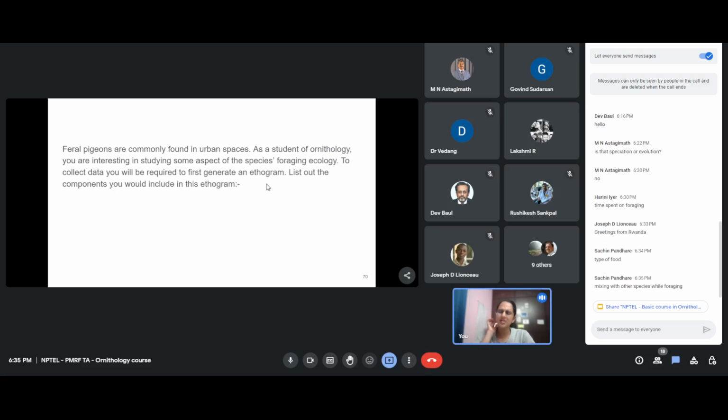So, yeah, maybe let's not take into account nesting or anything, just general foraging of adult feral rock pigeons. I'm saying, ma'am, if it is feeding, then how many times it feeds and how much of the flock size feeds. Okay, hold that there. How many times is a feral rock pigeon going to feed in a day? How will you find this out?